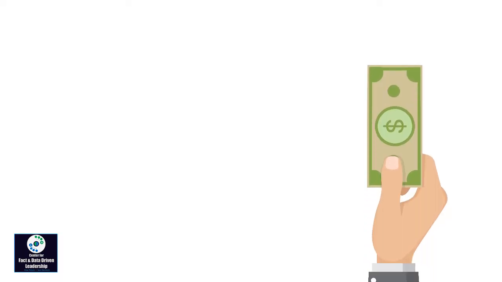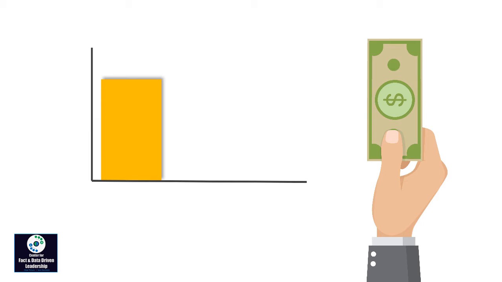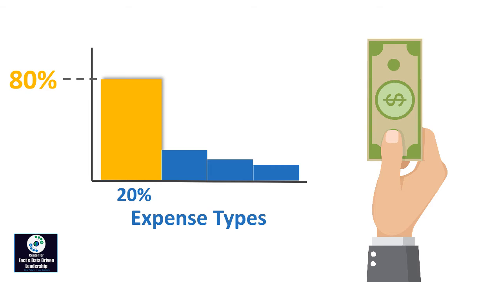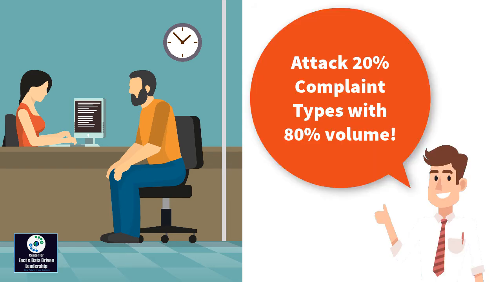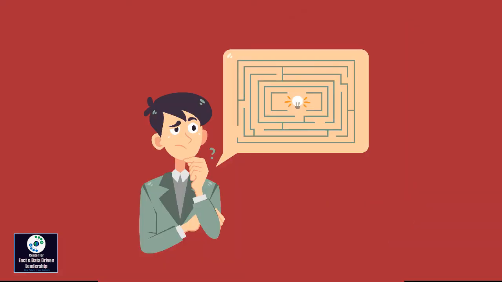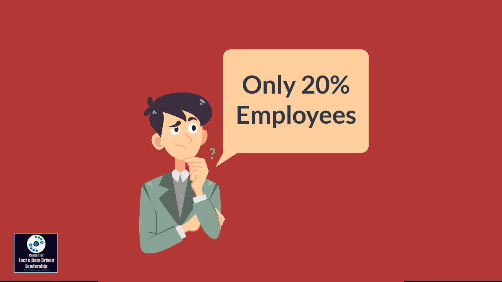Or simply, if you want to optimize cost, you can select 20% of the expense categories that contribute to 80% of the total cost by value. If you want to improve customer experience, you can identify 20% of complaint types which contribute to 80% of complaints by volume, and thus become a major cause of concern for customer dissatisfaction. In fact, as a manager, you will agree that 80% of all human resources problems are caused by 20% of